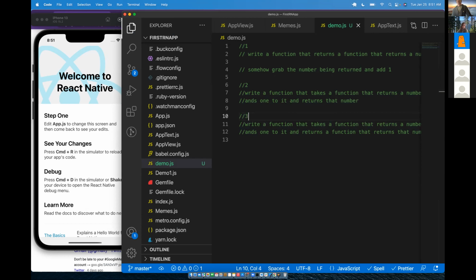Then in my user detail, I can grab that route prop, and then I can grab all of the stuff from my user. So that would be like ID, first name, last name, avatar,